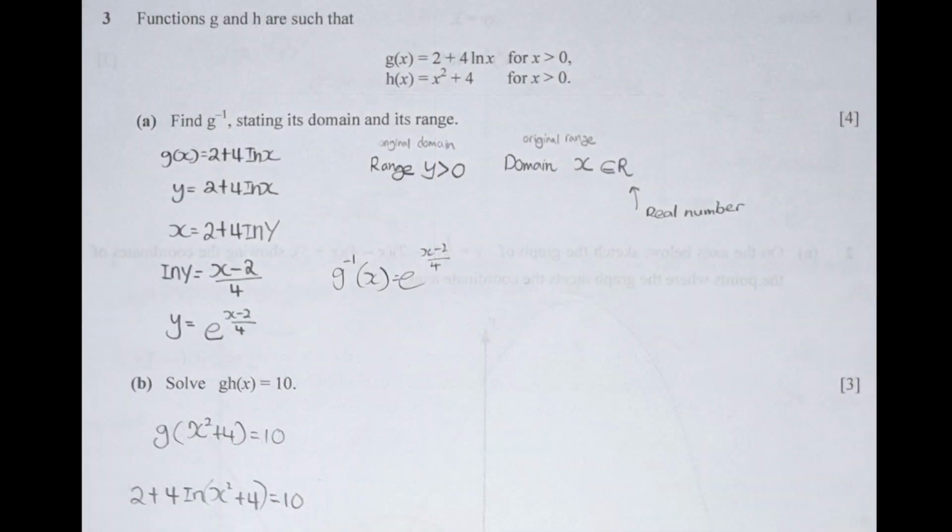In question 3, find g inverse, stating its domain and its range. A couple of things that you need to know is the g function over there is 2 plus 4 ln x, and it was given that the domain of it is actually x more than 0. So in the inverse part, this x more than 0 will now change into its range. So the first thing that I identified was the range is actually y more than 0